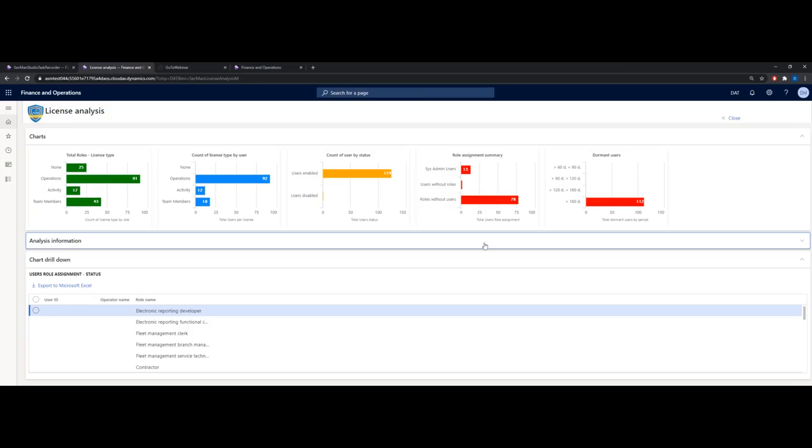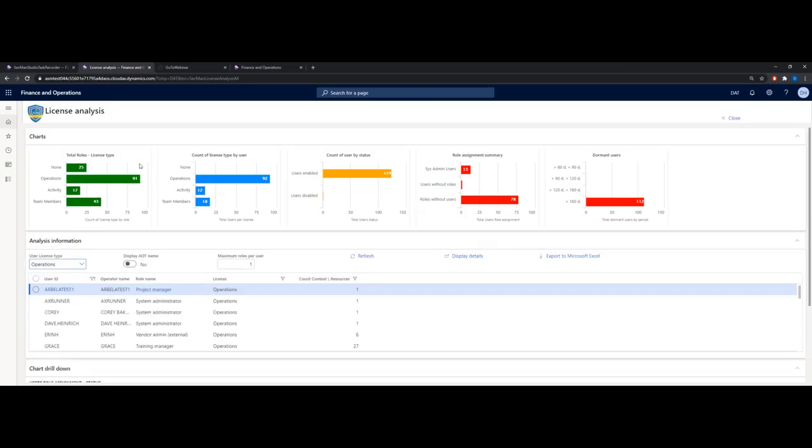All right, and finally, the cool part down here is the analysis information tab. What this does is it allows us to understand who has what licenses, and also allows us to evaluate that information and understand maybe where we can cut back on license types, where we could maybe make some security modifications to cut down on license consumption, bring someone down from an operations level to an activity level, for example,